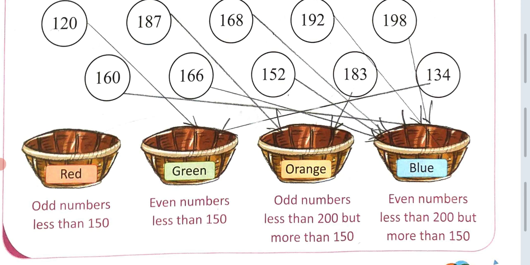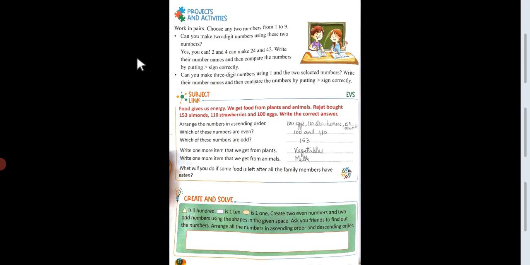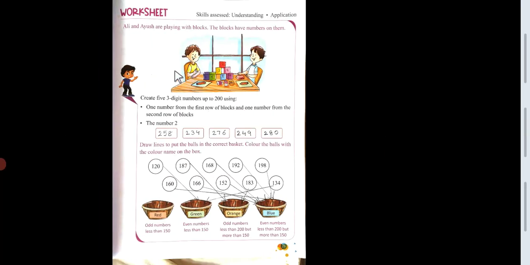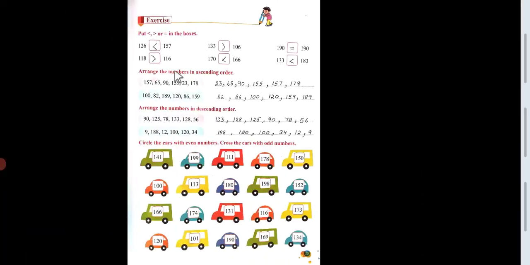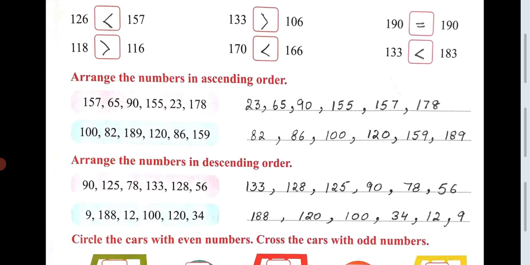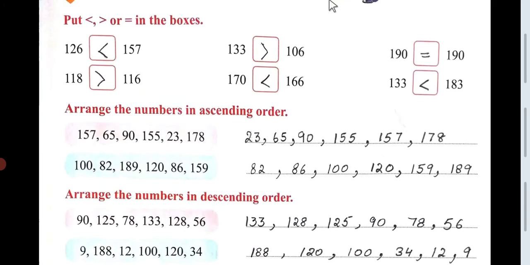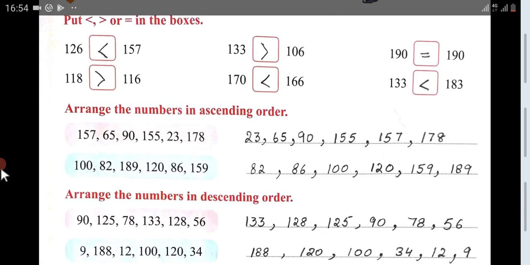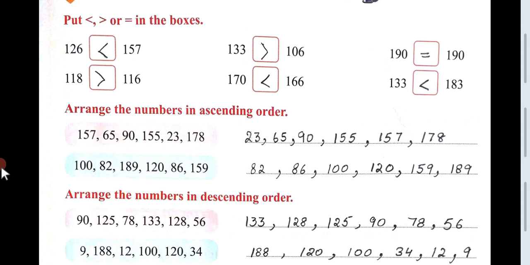And I hope that you have understood what comparing numbers is. You have to compare the numbers, you have to make the sign, which is the biggest number, which is the smallest number, and which number is equal. So I have told you about the smaller number and bigger number also. These are the comparing numbers. Please do this comparing numbers by yourself, and practice it at home.